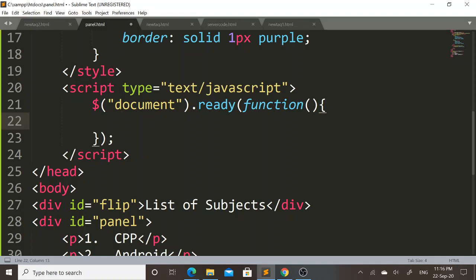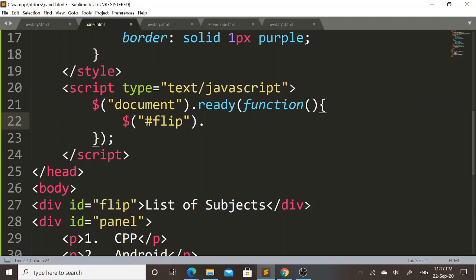Since I want to click on list of subjects at the beginning, here I will apply click event on this flip ID selector. For that purpose, here I will call another factory function, that is $(), and within double quote I will mention #flip as an argument to this factory function.